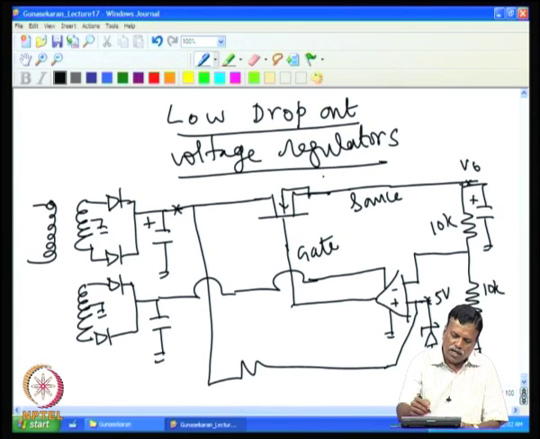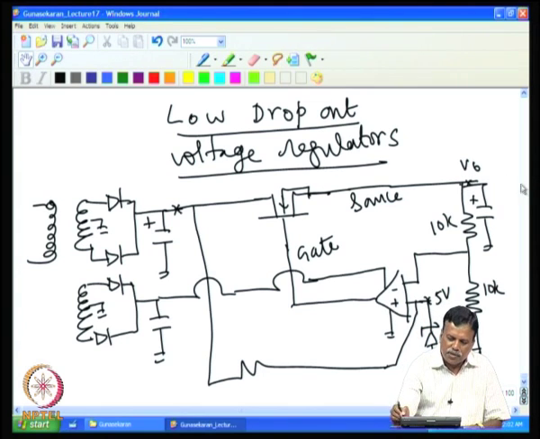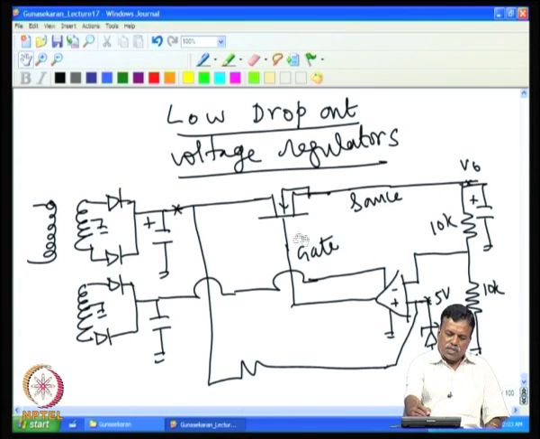To get 10 volt, all that is needed at this point is even 10.5 volt, because at low voltage you get MOSFETs with 5 milliohm channel resistance. For example, even if it is 10 ampere current, a 10 milliohm resistance into 10 ampere will give only 100 millivolt drop. So, up to 100 millivolt drop the MOSFET can work. This is the basic principle behind the low dropout regulators. The only thing is that you need an additional supply to boost this,